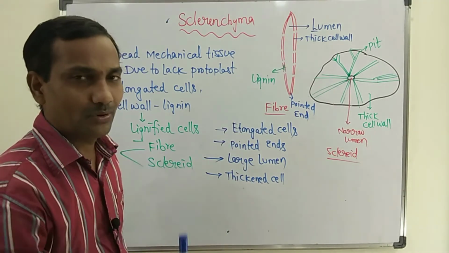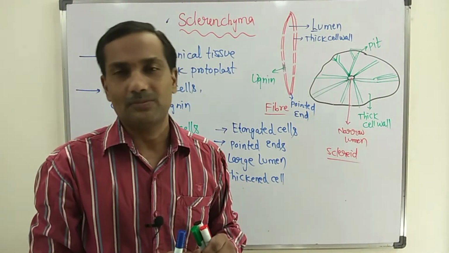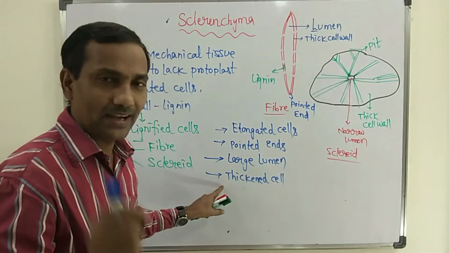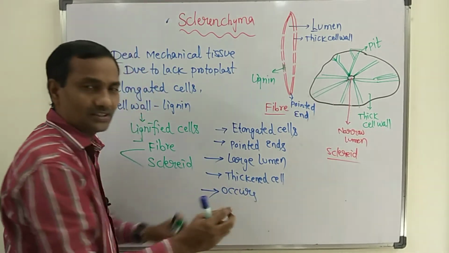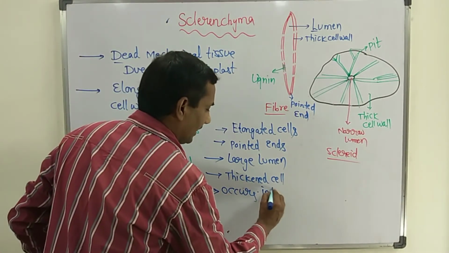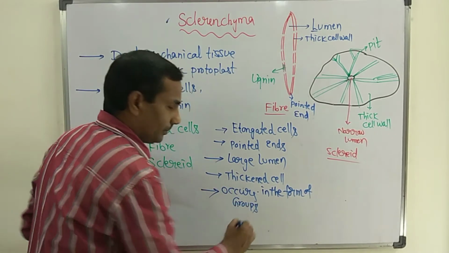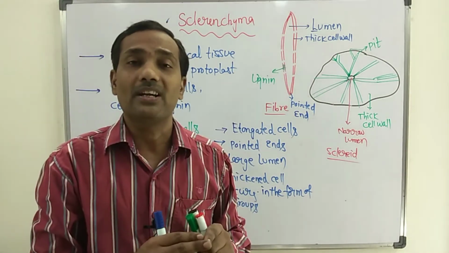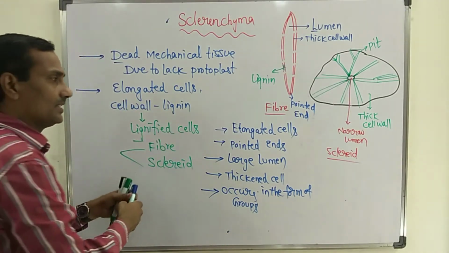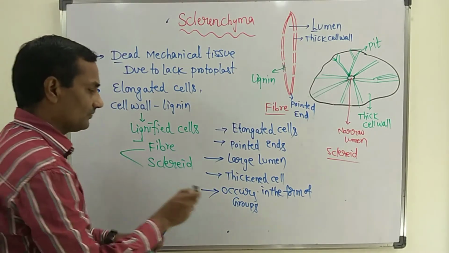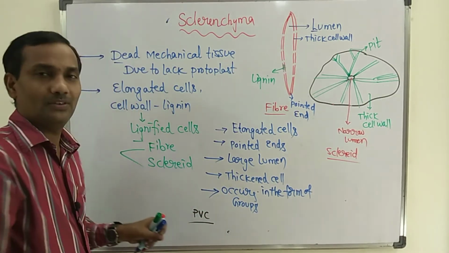Most importantly, fibers give mechanical support to various parts of the plant body. These fibers usually occur in the form of groups. Many fibers occur in different parts of the plant body. It is easy to remember where you can find these fibers. Fibers are found in, easy to remember, PVC. PVC pipes will be there, no?